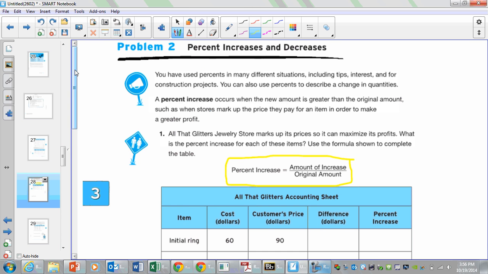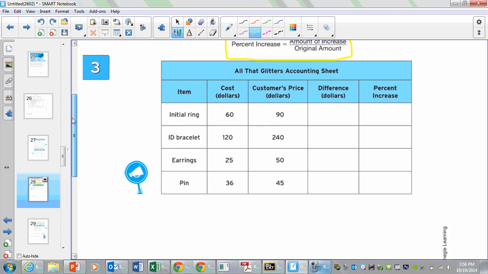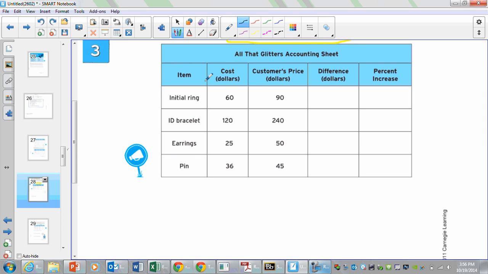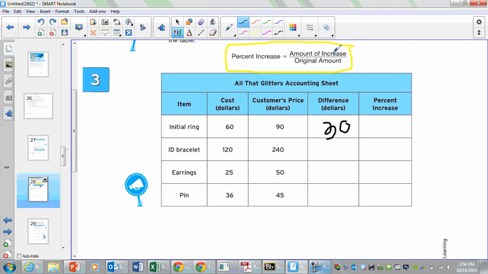Then if we scroll down, they have this table that they want us to fill out. It tells you the cost in dollars for a ring, and then the customer price. So if I wanted this ring, I'd have to pay $90, but the store got it for $60. The difference of those two is $30. Sorry, that's a terrible 3. And then they want us to find the percent increase. In order to do that, looking above, we take the amount of the increase over the original amount. So that's going to be our 30